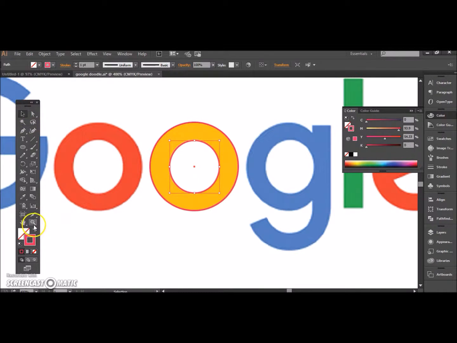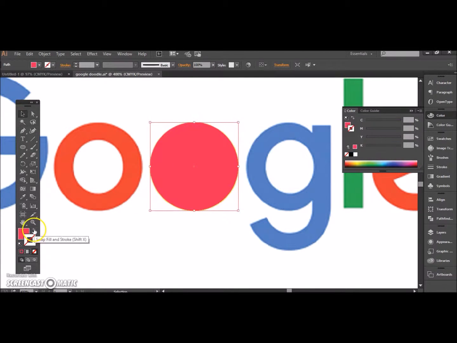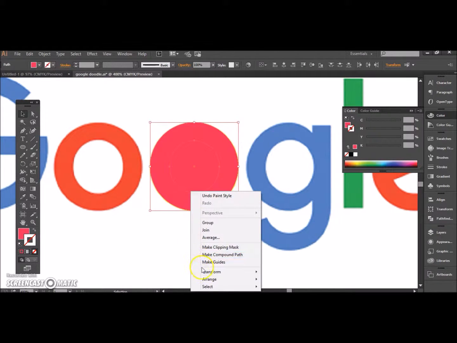Alright, now I'm going to change this from a stroked circle with no fill to a filled circle with no stroke with a little flip-flop arrow. And do the same thing with the outside circle, flippity-floppity, and then I need to select them both. If you're unable to select them both, it's because you made the inside one first and the outside one second, and what you're going to need to do is double click if you're on a mouse, or right click if you're on a mouse, two finger click if you're on a touchpad, and go to arrange, and then bring forward or backwards, same kind of thing you would do in PowerPoint to send something forward or backwards, so you can